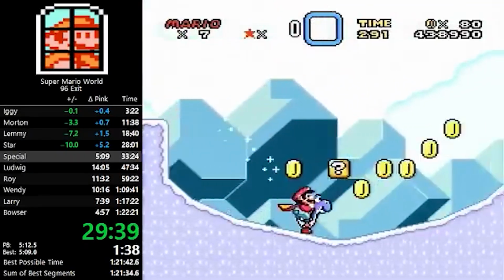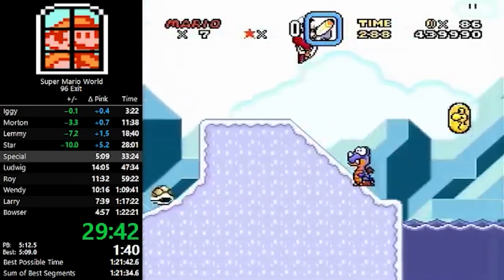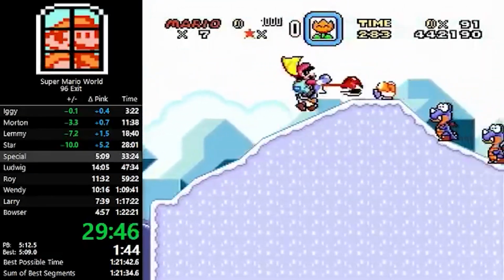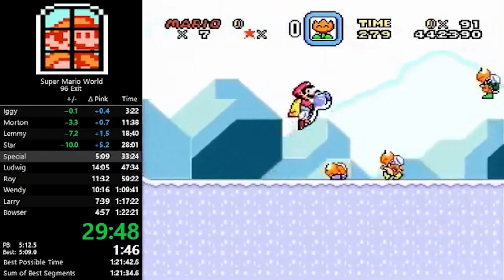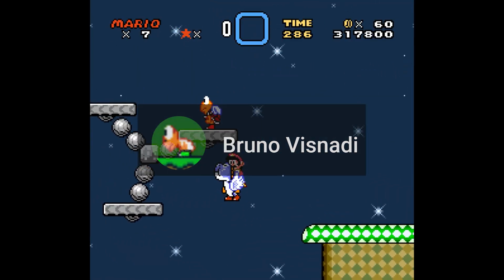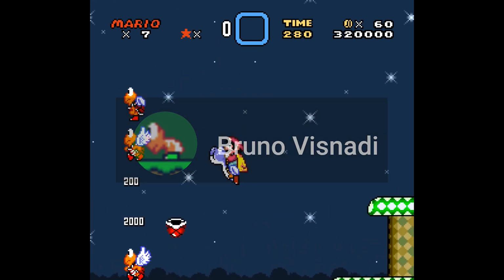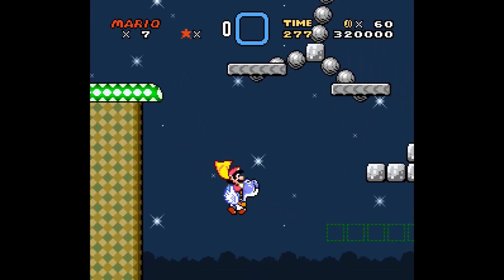In Awesome, you'll see Louis grab a Fire Flower early in the level, and try to do something with the red shell. This may make no sense simply watching, but if we rewind 2 weeks prior, it does. A Super Mario World tool assister by the name Bruno Viznaughty, I really hope I didn't butcher that, had been working on an updated run for 96 Exit using updated knowledge and glitches,